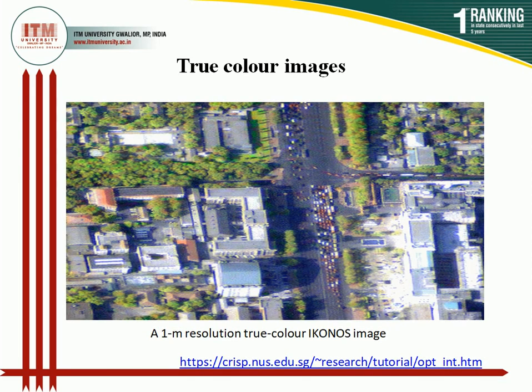Now the true color composite. What is a true color composite? In the true color composite, the color of the resulting composite image closely resembles what could be observed by the human eye. Means whatever a human eye can see, this type of composite depicts that type of color, resembling the similar color of the natural objects which are present over the earth.